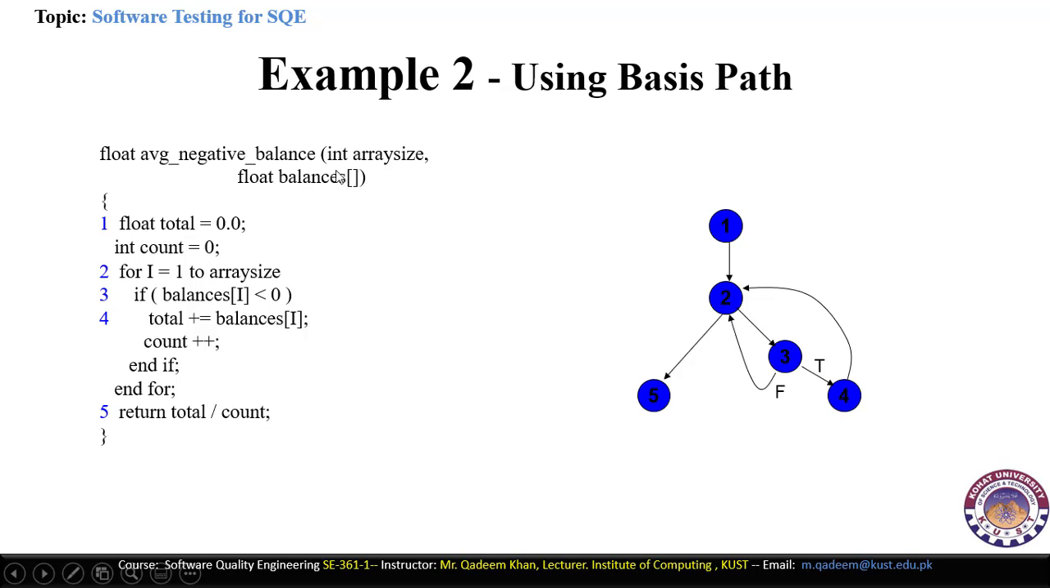Now, what will be the corresponding CFG for this program? Here you can see that first 1 will be executed, then 2. 1 and 2 are sequential statements, and then 2 is the loop statement. On statement 2, first of all the body of the loop will be executed, which is the if statement, and if